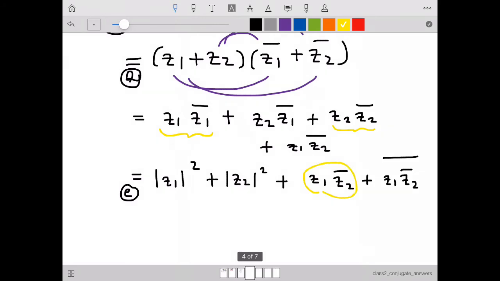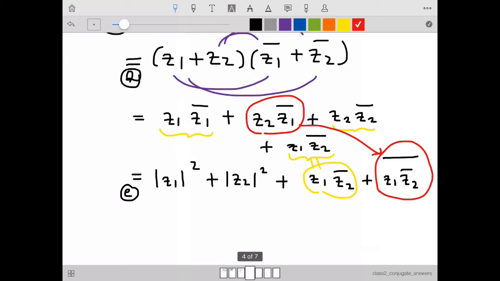So this is this, and that equals to this, because this is the conjugate of Z1 plus Z2 bar, so it is Z1 bar Z2 bar bar. That is by B. And the conjugate of its conjugate is